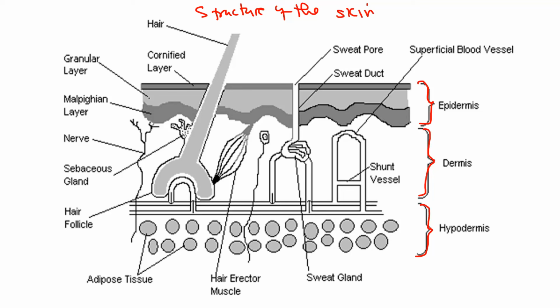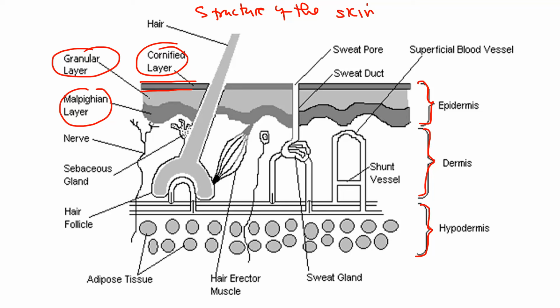Okay, so this first part is made up of 3 sections, as you can see. The first one, called the cornified layer, is made up of 3 layers: the cornified layer, the granular layer, and the Malpighian layer. So these are the layers that make up the epidermis. And in the epidermis you also find the pores and the duct. I think these are the ones that we can look at.